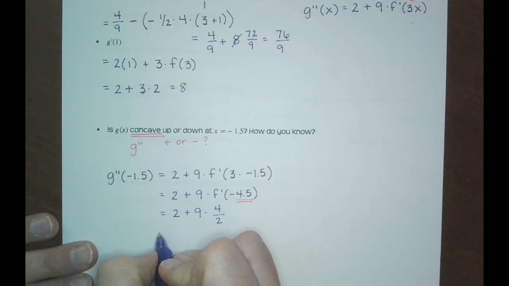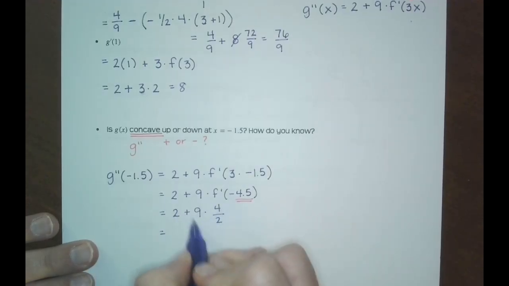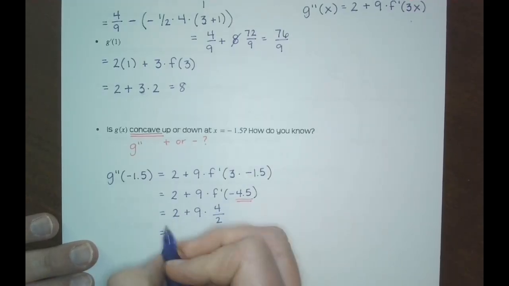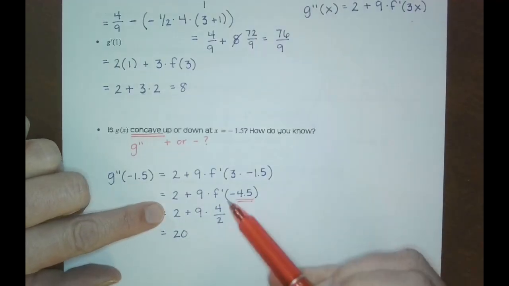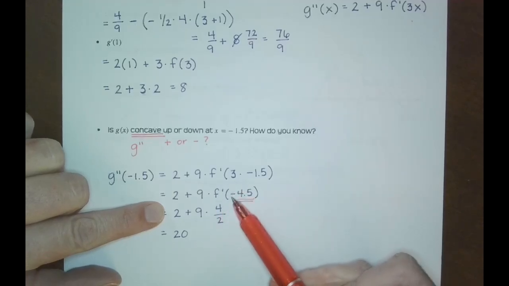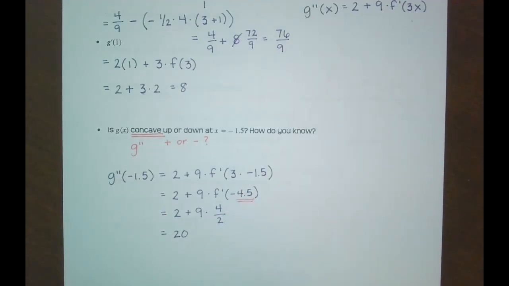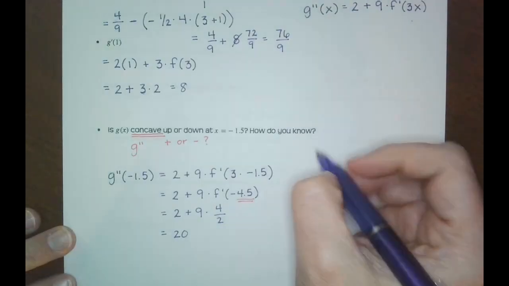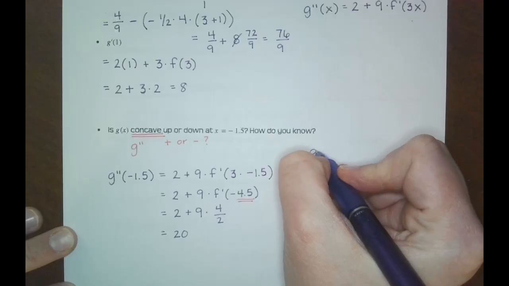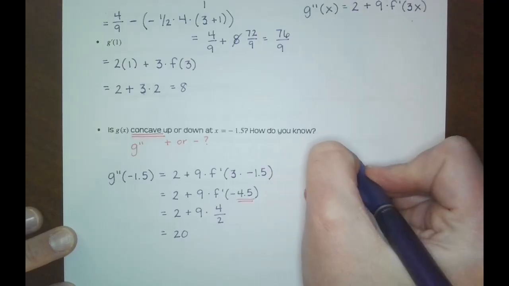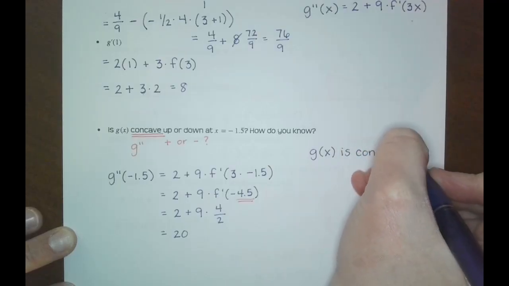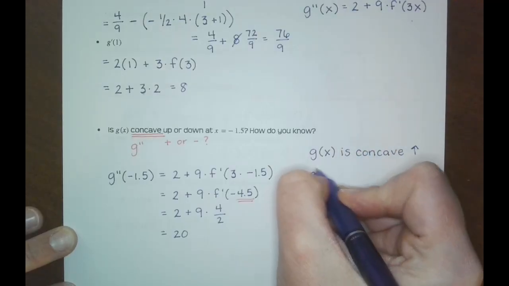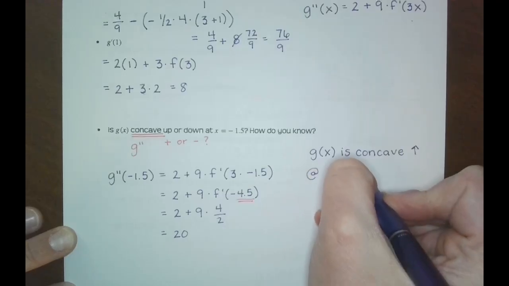Really, I can stop number crunching now. I can take this all the way down to 18 plus 2 is 20. But what I really care about is the fact that that's positive. As soon as I knew that this slope was positive, that was enough for me to answer this question. I probably didn't even really need to do the full calculation. Okay, but I would say that we are concave up at x equals negative 1.5